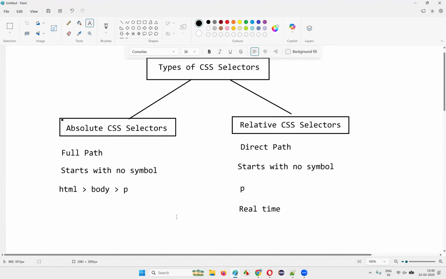What about the absolute CSS selectors? We are not going to use them in real time because they are not reliable. Compared to relative CSS selectors, absolute CSS selectors are not reliable. In other words, relative CSS selectors are reliable when compared to absolute CSS selectors. So then what do we have to do with absolute CSS selectors? If we are not going to use them for helping automation tools like Selenium in finding or locating the elements on the web pages,